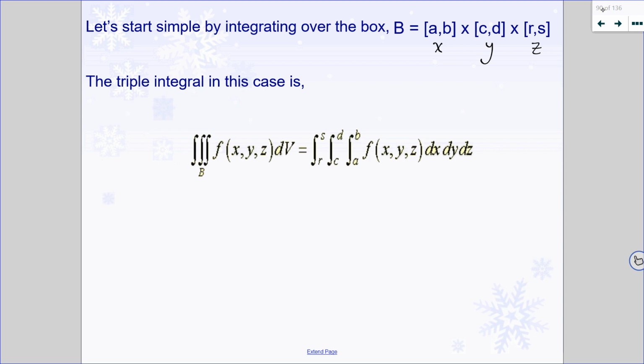The order is interchangeable because when we calculate volumes, you can calculate length times width times height, or height times length times width, any order is fine. We also learned in terms of Fubini that any order is fine, so it's still fine with triple integrals. So if we have an example of this,